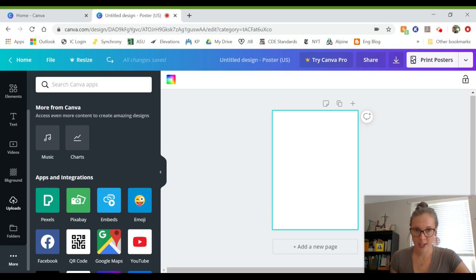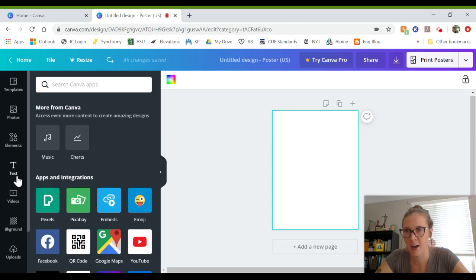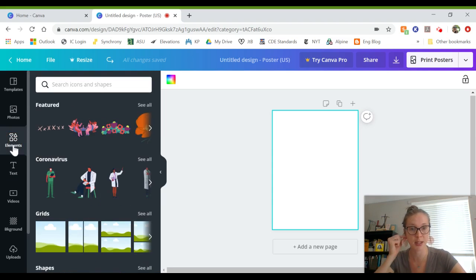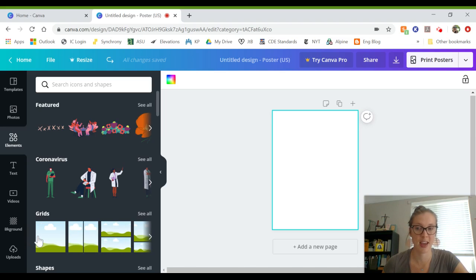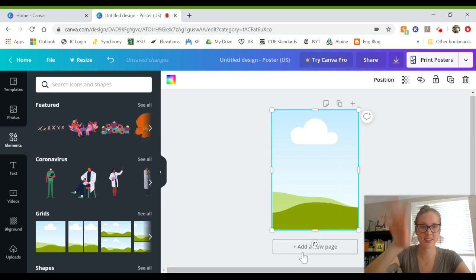To get started, I'm going to recommend using grids, and I will show you how you can do that. So we're going to go back to Elements. That's where the grids are found. And you can see, it kind of reminds me of Instagram, right? You can kind of stitch multiple pictures together. And what's really cool is you can actually stitch multiple grids together. So I'm going to start with the single grid, and you can actually